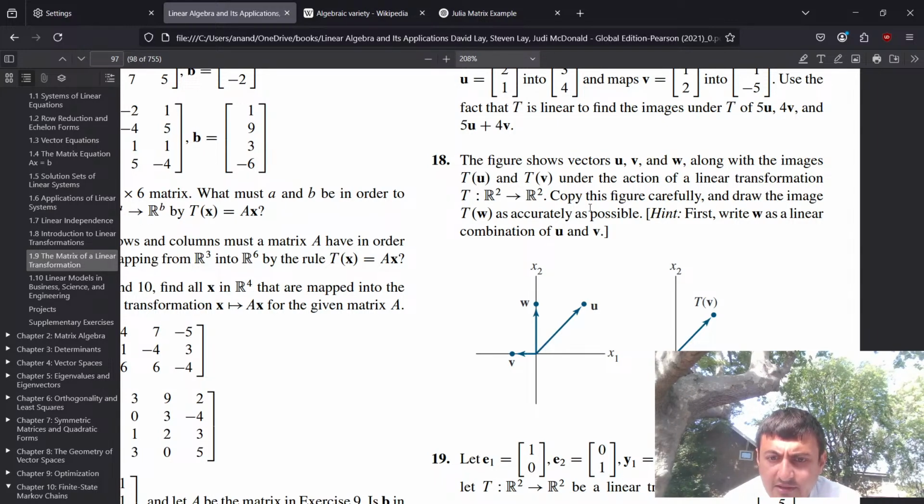Oh, that's weird. I don't know how to do that. So the 0, 1 vector is what we're trying to find what it goes to. But the 1, 0 vector,